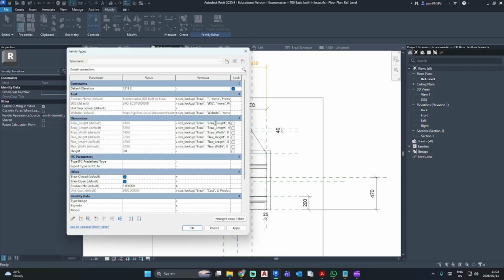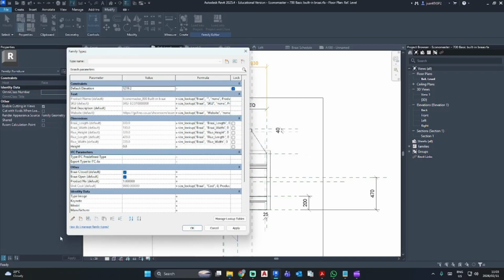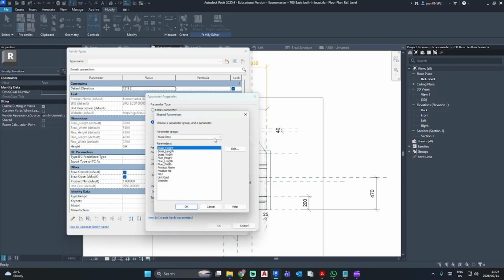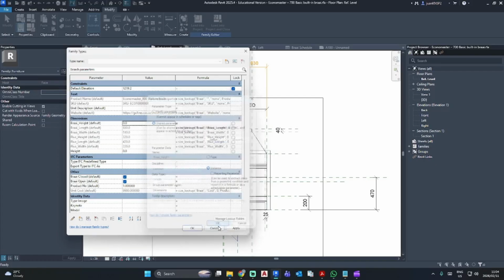I'm just going to copy the formula. So you'll go braai height, delete, create new parameter, shared parameter, instance, select braai height, OK, and OK, and then just add your formula back into that.